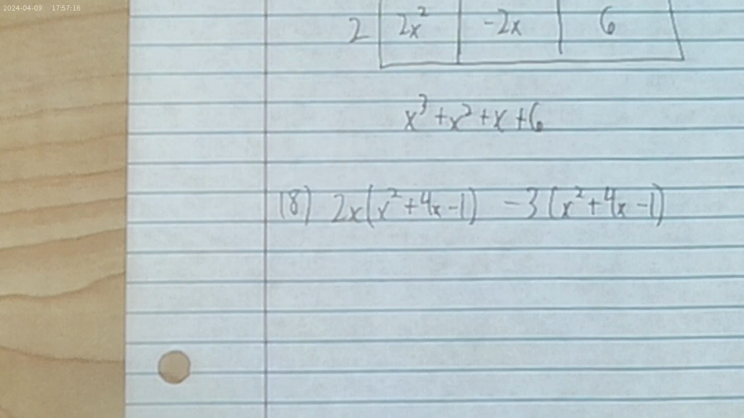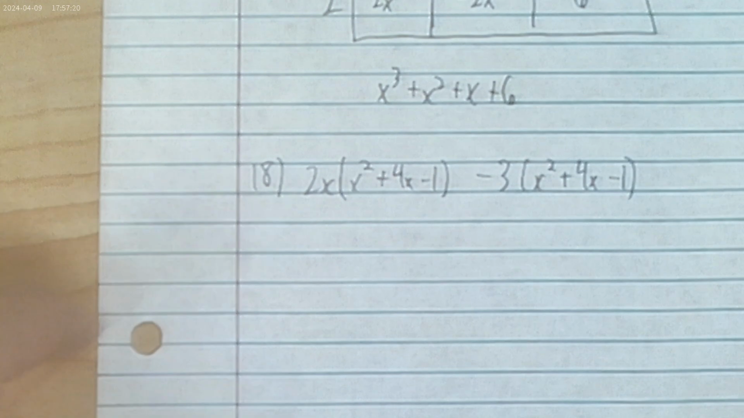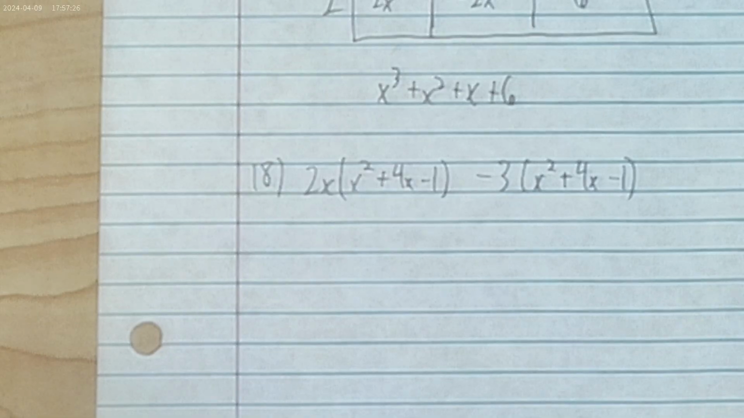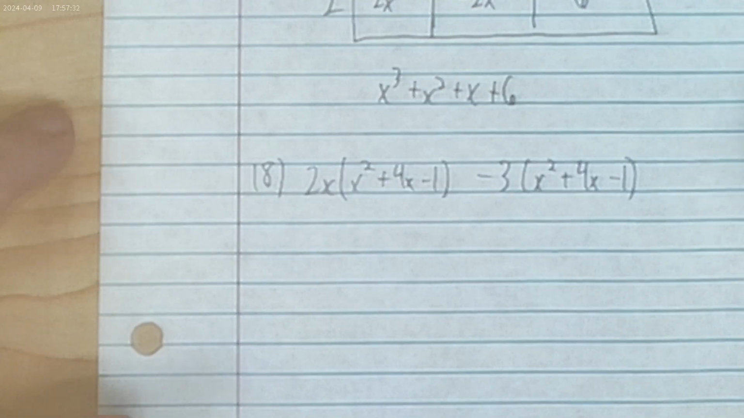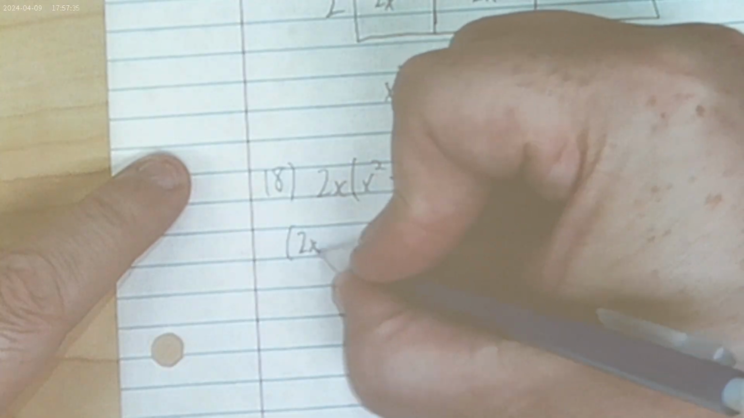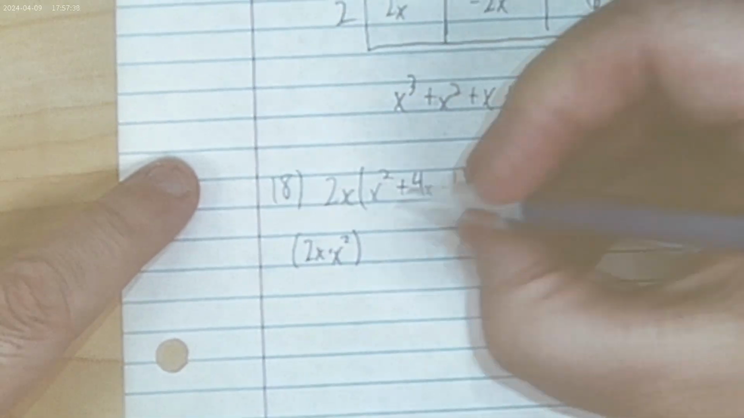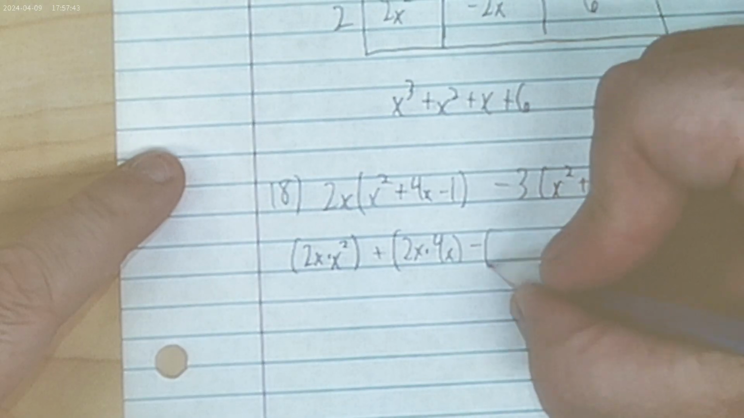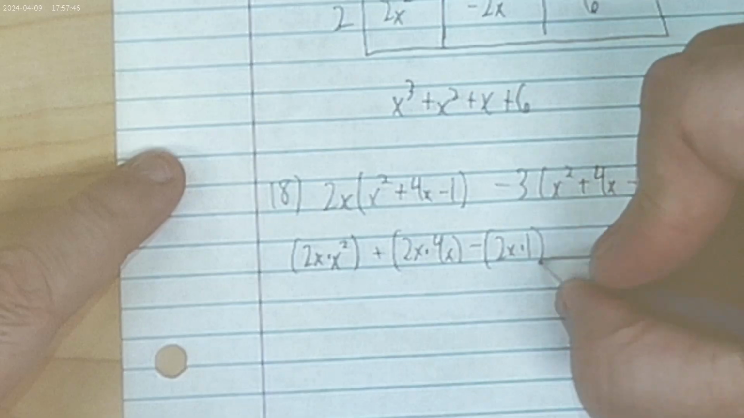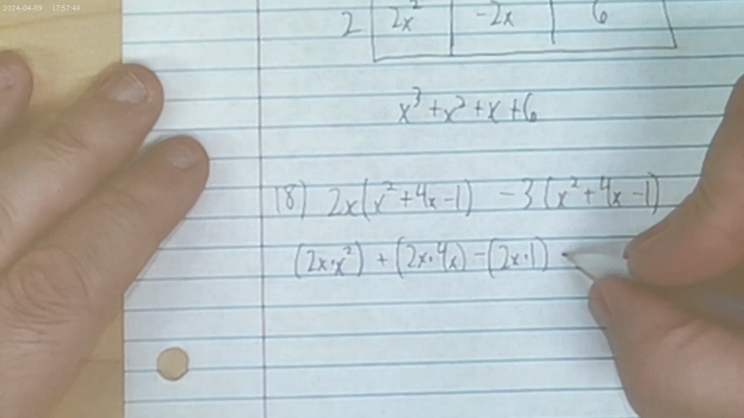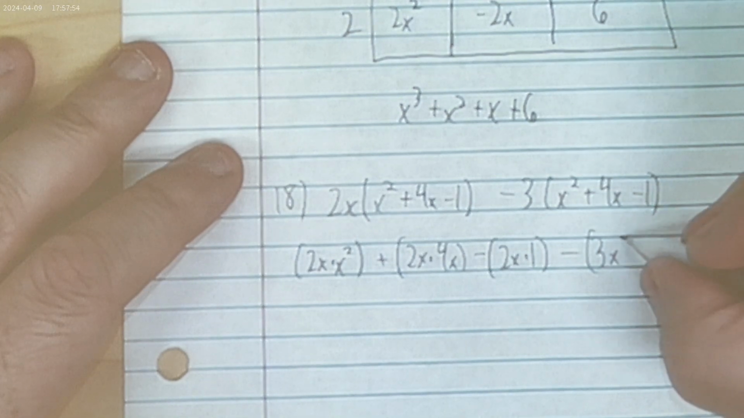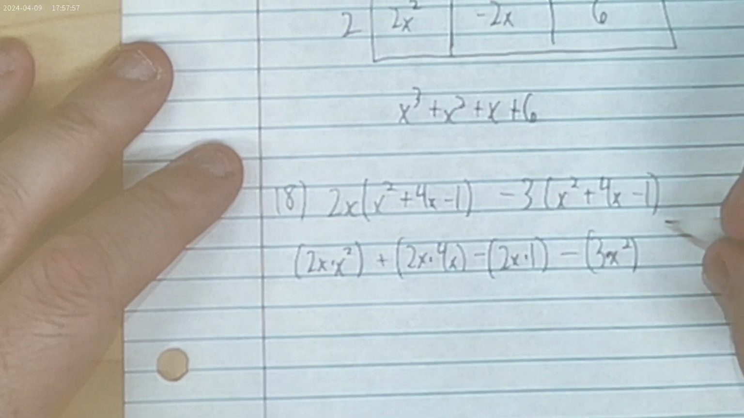Now, normally I try to restrict things in order to save time, but I'm really going to go deep into the distribution on this one because I've got space. And now that I've got space, I can actually write things out a little bit more. So what that means is this is going to be 2x times x squared plus 2x times 4x minus 2x times 1. And anyway, I'll finish writing this out. Minus 3 times x squared,